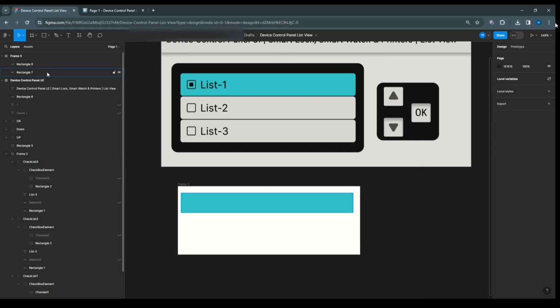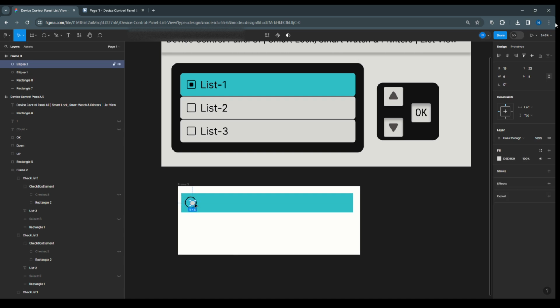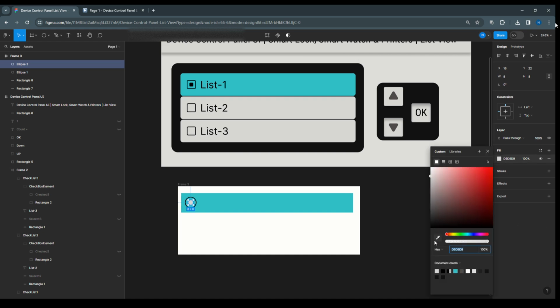Next I need a radio, so you can use either a circle or a square. I will give a stroke here, and when it gets selected, we need to show this filled, and this color as black,